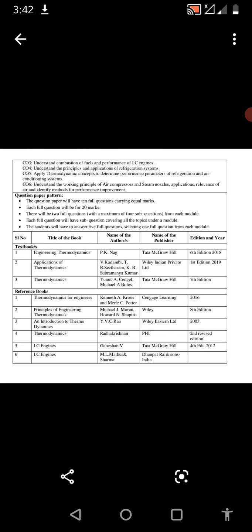But only one request is, you should go and also correlate with the real life rather than just learning through textbooks. I request you to go to the garages to see the IC engines like petrol engine, diesel engine, like single cylinder, multi-cylinder engines. You can go and see the compressors, single stage compressor, multi-stage compressor. Once you go and learn this, you will appreciate the subject in a better way.